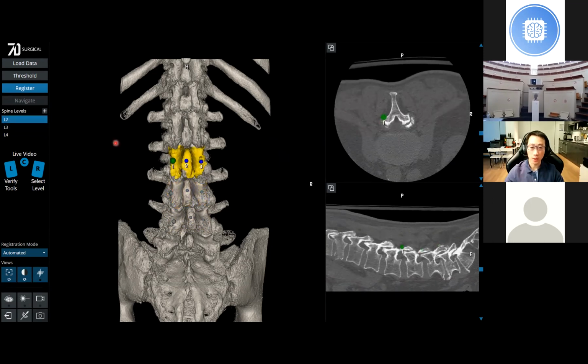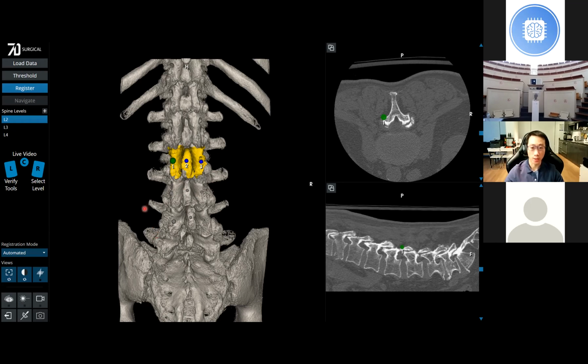Why is segmentation necessary for registration of the spine for image-guided surgery? The reason is, first of all, the spine is mobile. As you work on the spine, these different segments move relative to each other. So you need to make sure you're only registering at one site at a time when you're operating on those levels. There's a preoperative CT that you're always trying to match to the intraoperative spine, and the preoperative CT